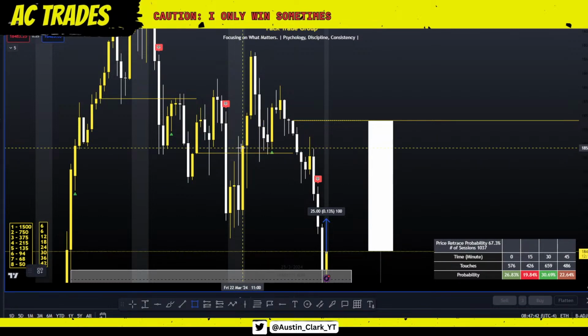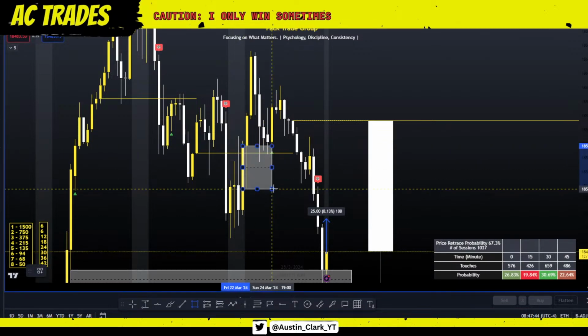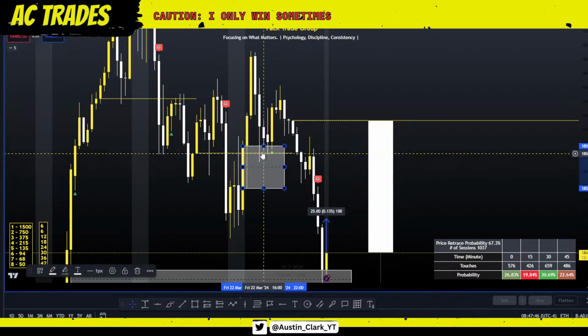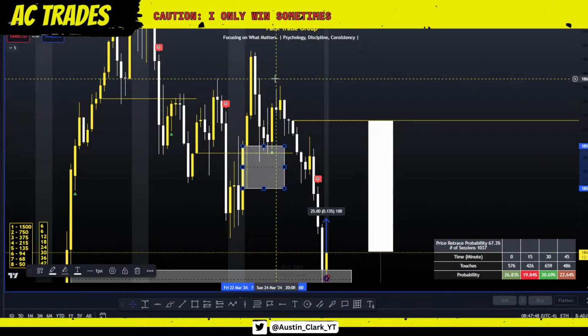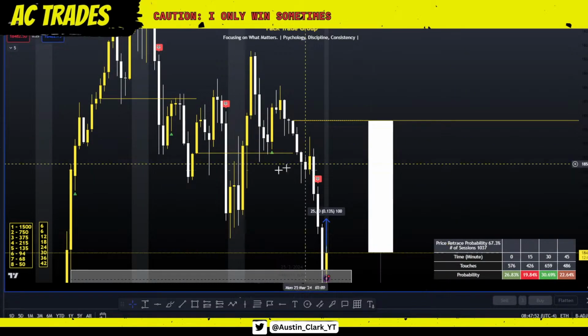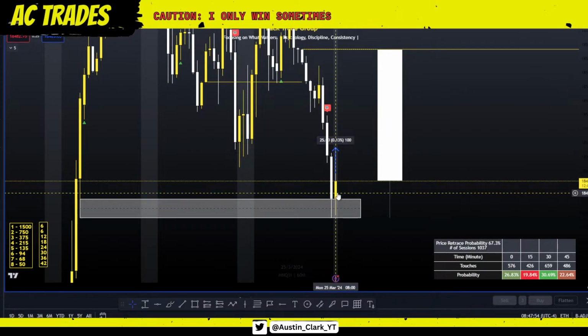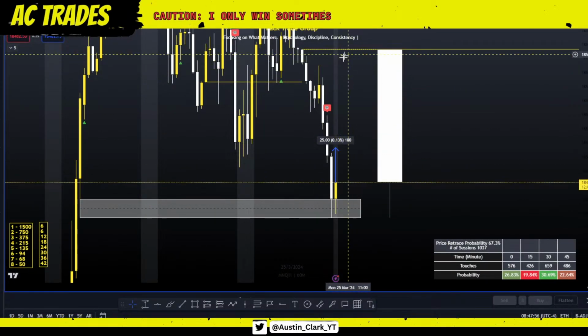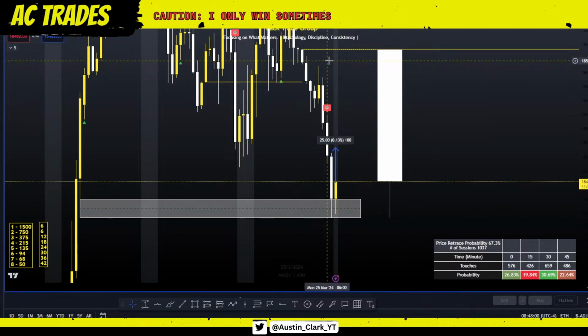You can see here was a giant one right here. And what happened with price? Price came into it, tapped, and exploded. But you combine this with an area of time, okay, that price loves to retrace and try to make its move to midnight open, and you get a wonderful, beautiful strategy.